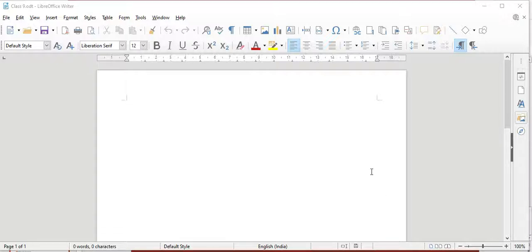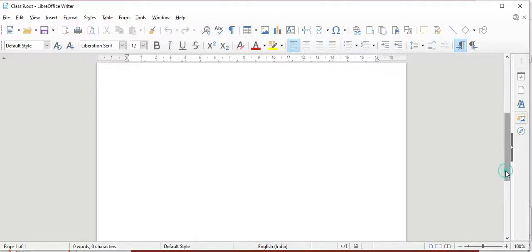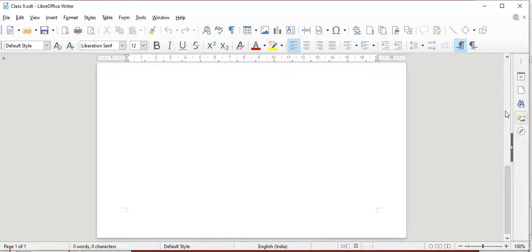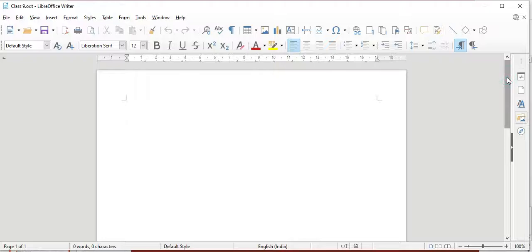The scroll button and scroll bar are used for scrolling the document. You can see them on the right side of your document. Zoom allows you to change the scale of the text and the picture in the view only. It does not affect the physical document. It is used to check the finishing quality of the document.